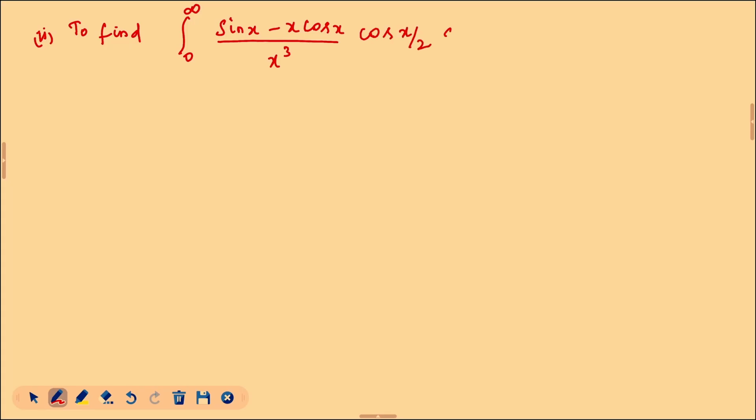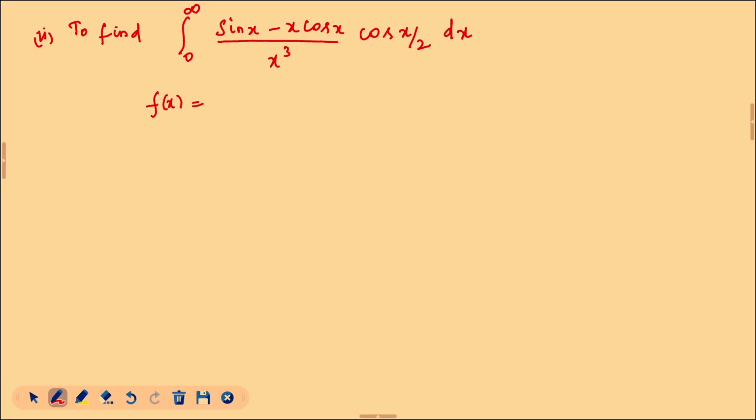Now in subdivision 2, to find the value of integral 0 to infinity (sin x minus x cos x) divided by x cube into cos x by 2 into dx. To find the value of this, let us consider the previous result, which is f of x